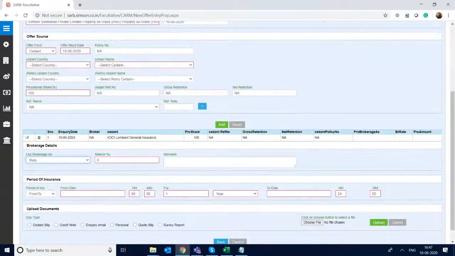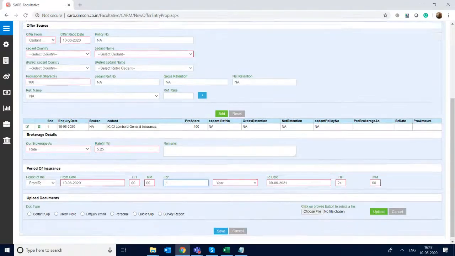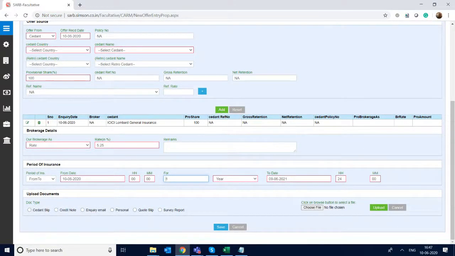Then the commission rate we will be getting against this business. This you are well aware. Then you are every day filling up these values. And I save this.